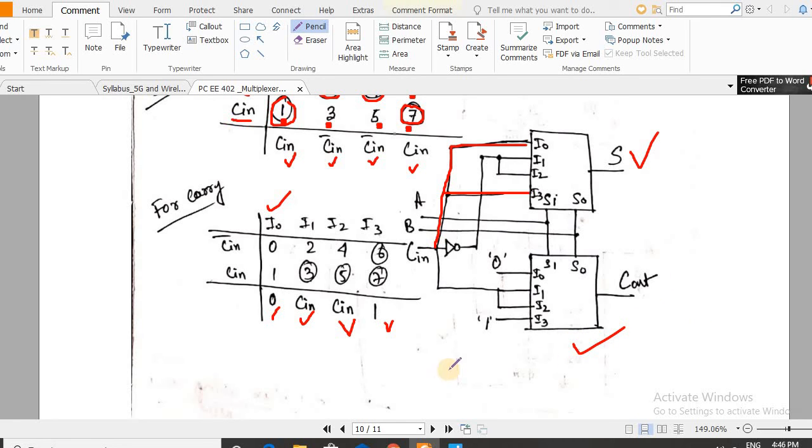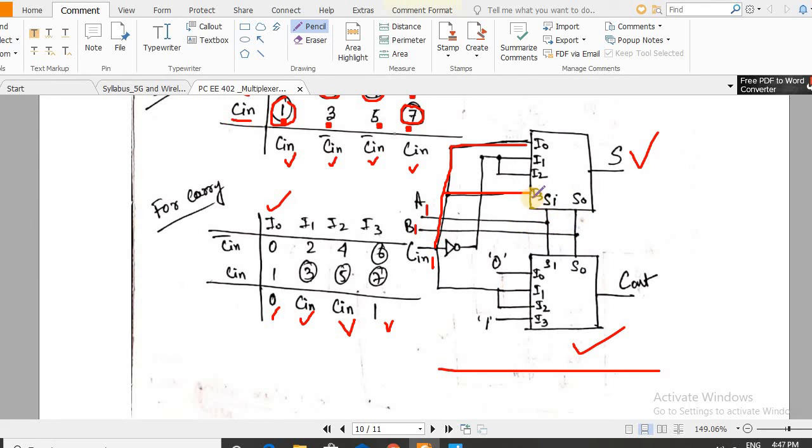So this circuit will now work as a full adder. If we check that, suppose we set A, B, C all to 1. So obviously the sum and carry both will be 1 according to the logic of a full adder. Just check here. A and B are 1, so obviously I3 will be selected.